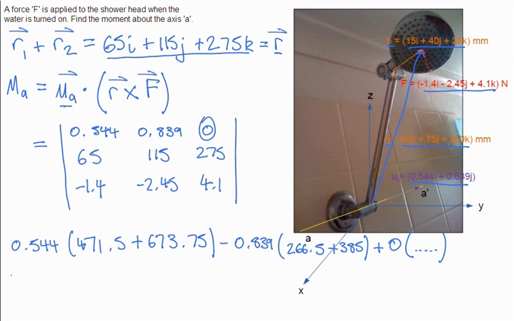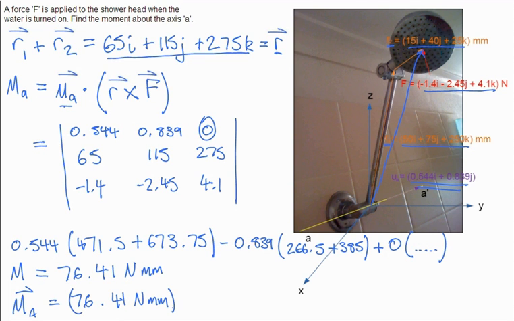Solving this, we get a moment, which is a scalar, which equals 76.41 Newton millimeters. And to find this as a vector, we multiply it by the unit vector here. So moments about axis A in vector form equals 76.41 Newton millimeters multiplied by